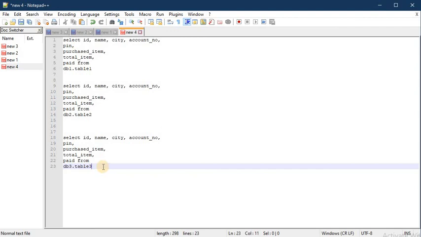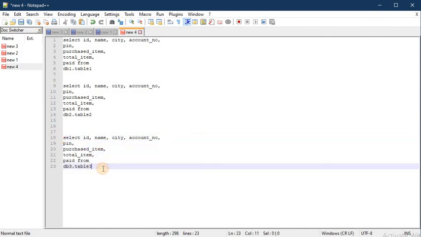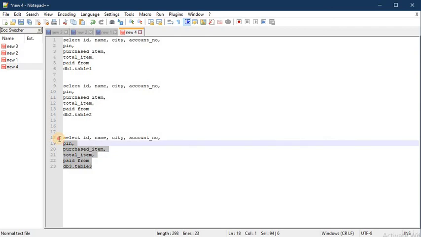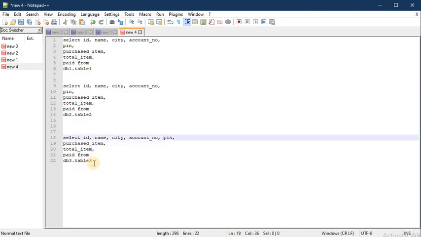Now coming to another trick. This query is written in multiple lines. If you want to use this query with some programming language, there might be a requirement to write it in a single line. It is very small, so we can do this by pressing backspace in every row.